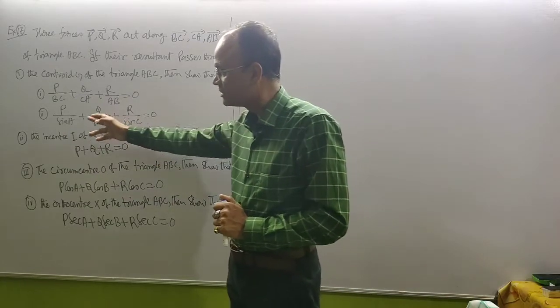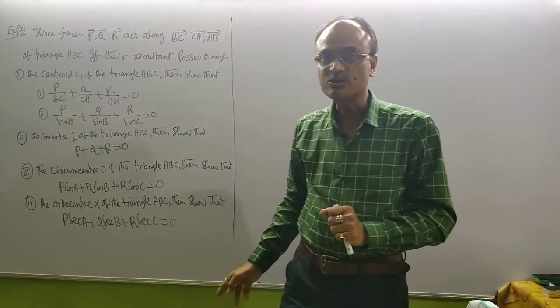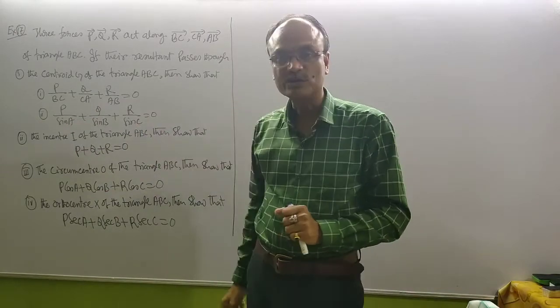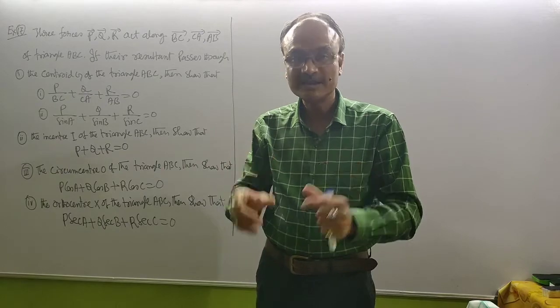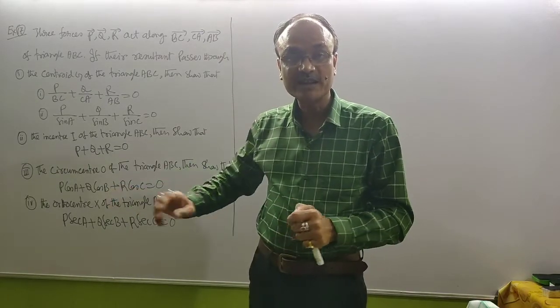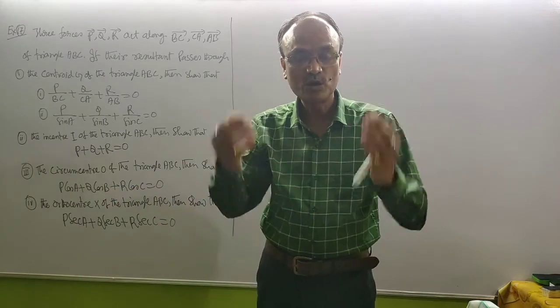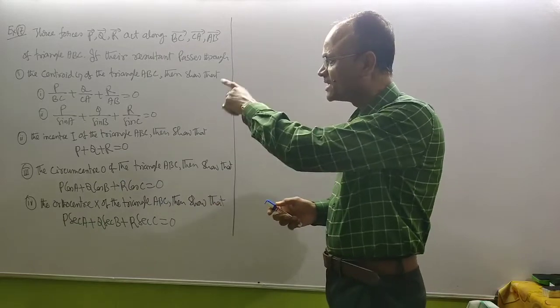From this result, you will immediately reduce this one. P by sin A plus Q by sin B plus R by sin C equal to 0. If the resultant passes through the circumcenter of the triangle, then P cos A plus Q cos B plus R cos C equal to 0. And if the resultant passes through the orthocenter of the triangle, then we have to prove this one. Now let us try to solve